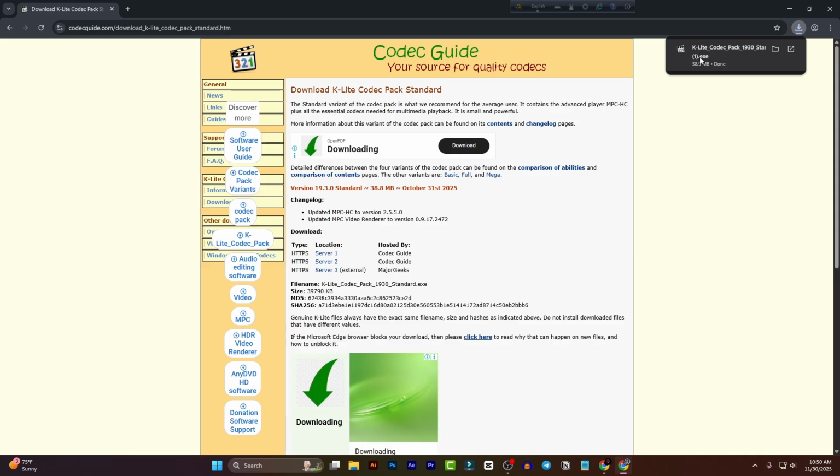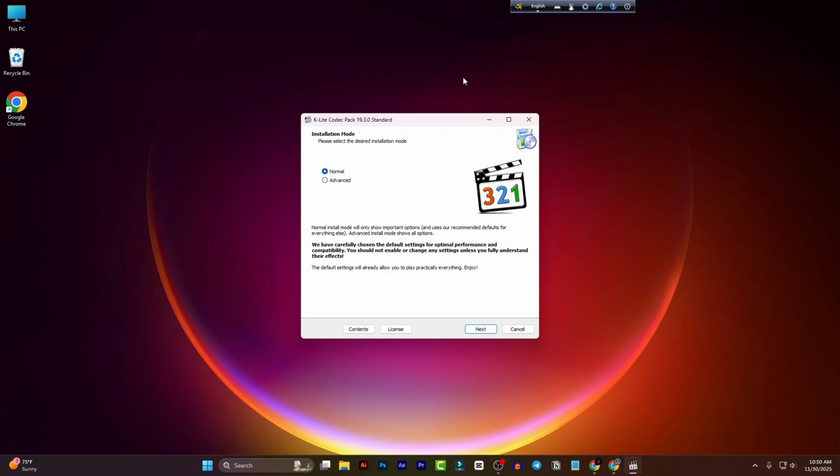Just click on the file. A pop-up will come in front of you. Just click on yes. Now a setup wizard will appear in front of you. Just go for normal mode, or you can choose advanced option. Just click next,